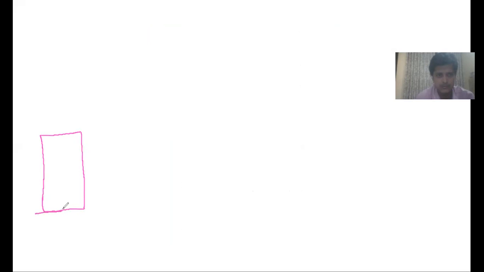This is the elevator, which is moving up with 1.2 meter per second square. Okay, and there is a bolt here. Suppose there is a bolt. So if I draw the bolt by this,